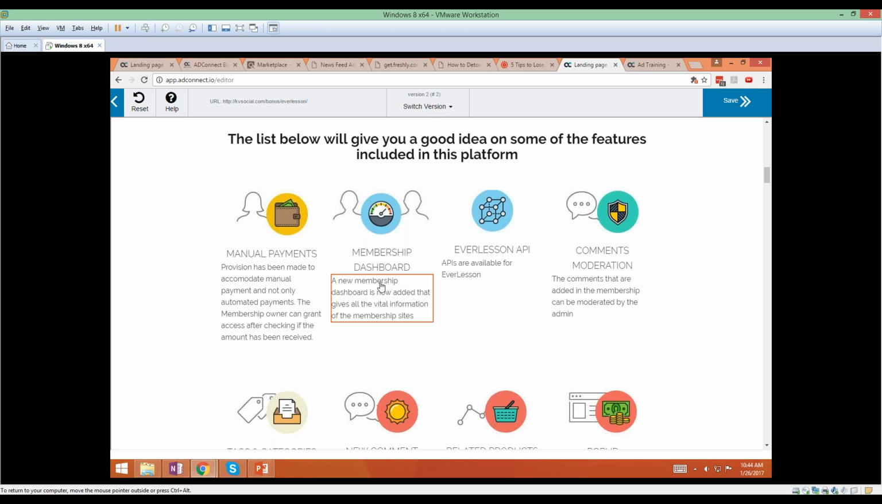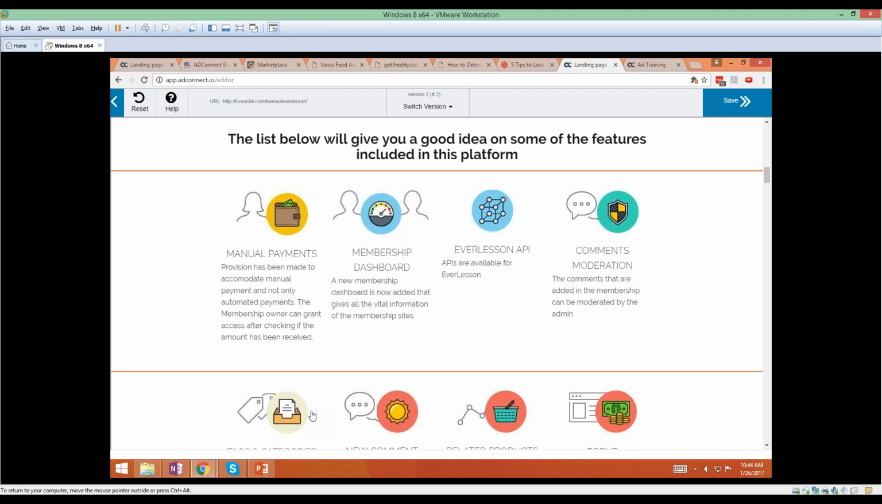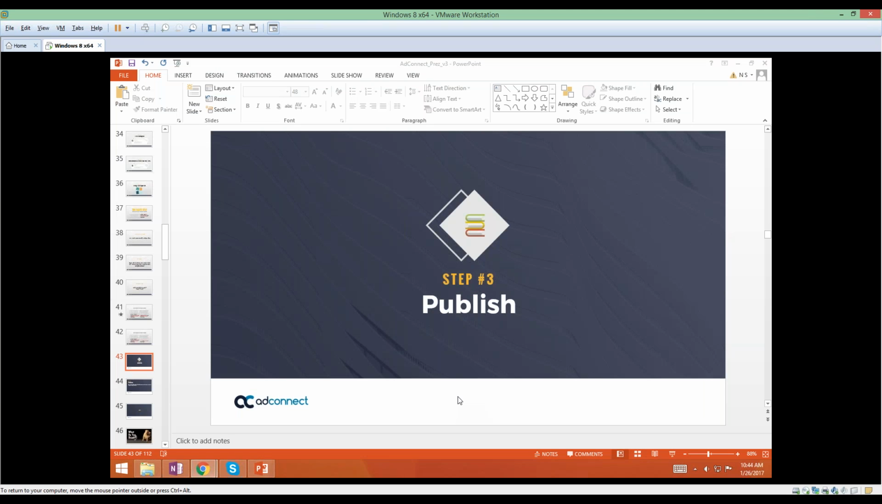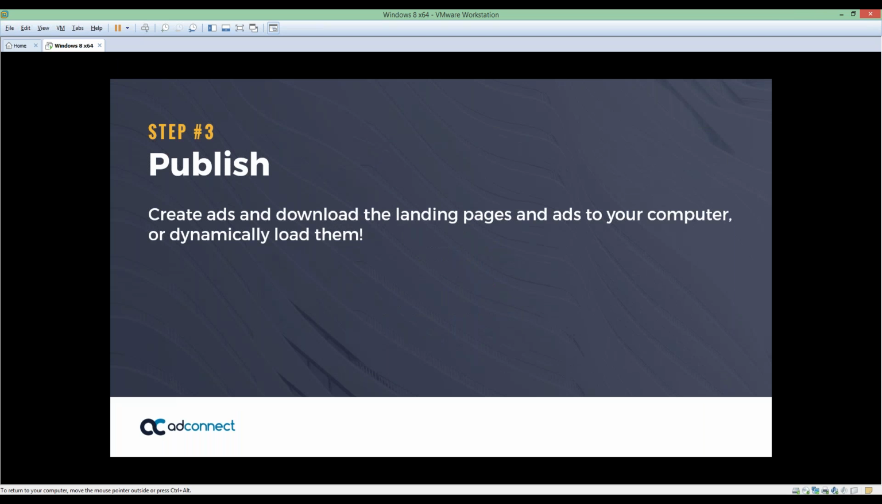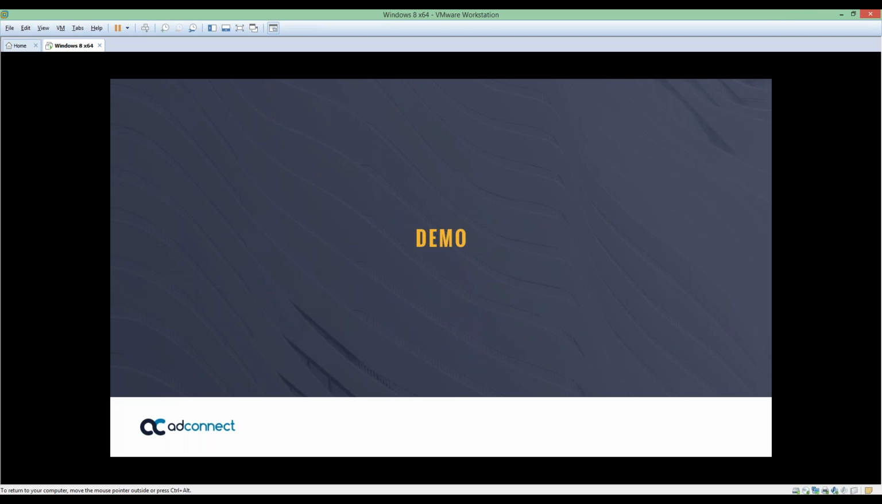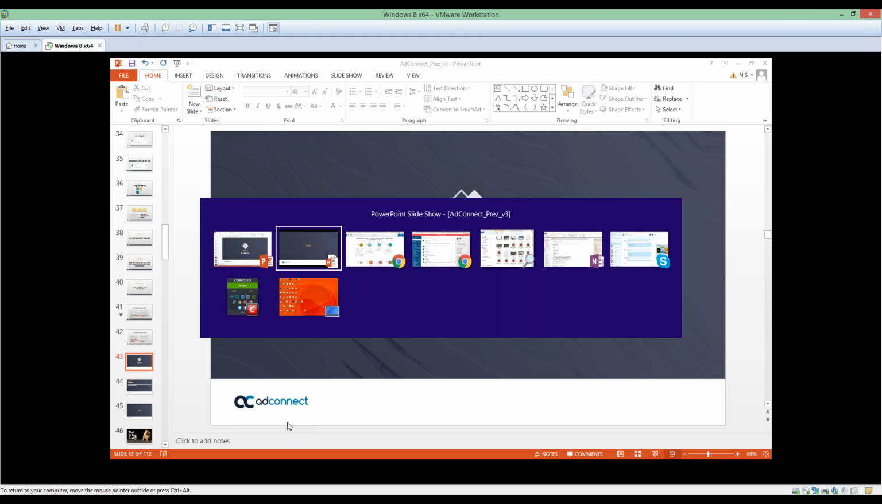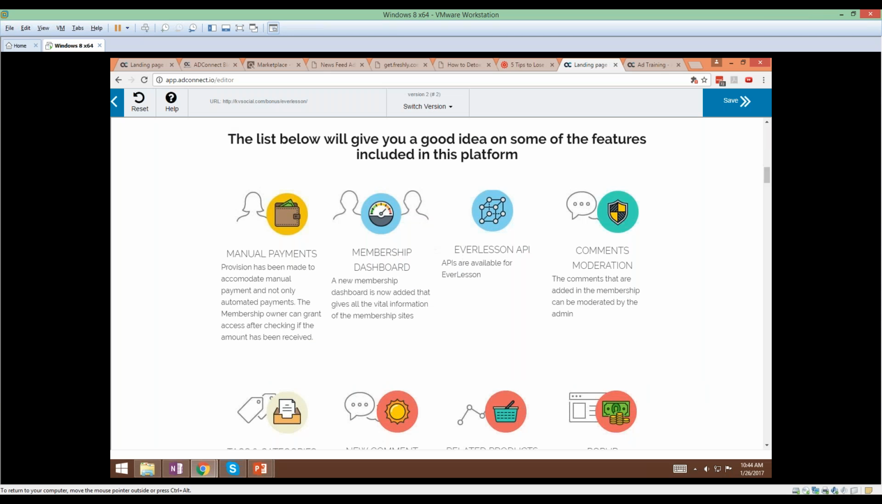That's perfect. So again, those are the two steps. The third step is to publish. When you have a campaign, you basically just publish it, you download the ads, you publish the page, and you're good to go. So remember, in our case, if I just go back here, we had